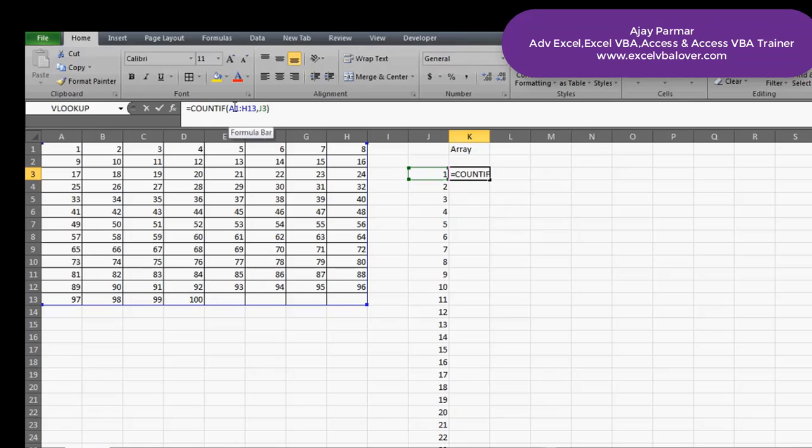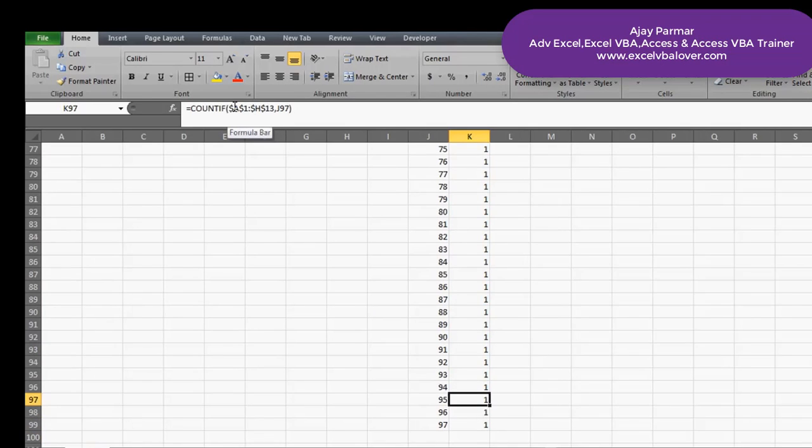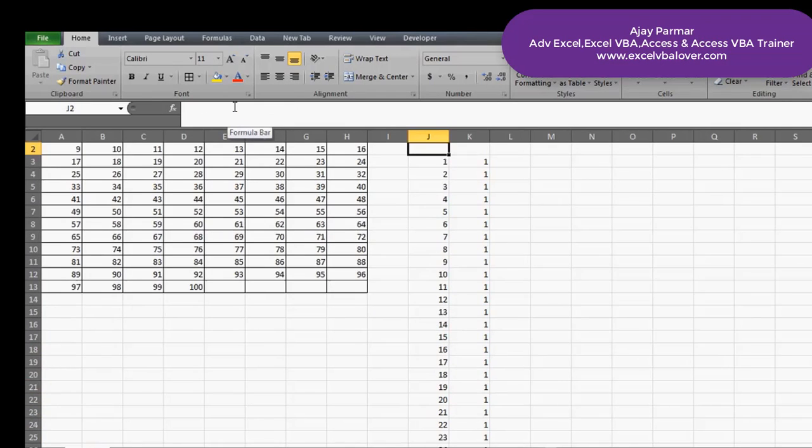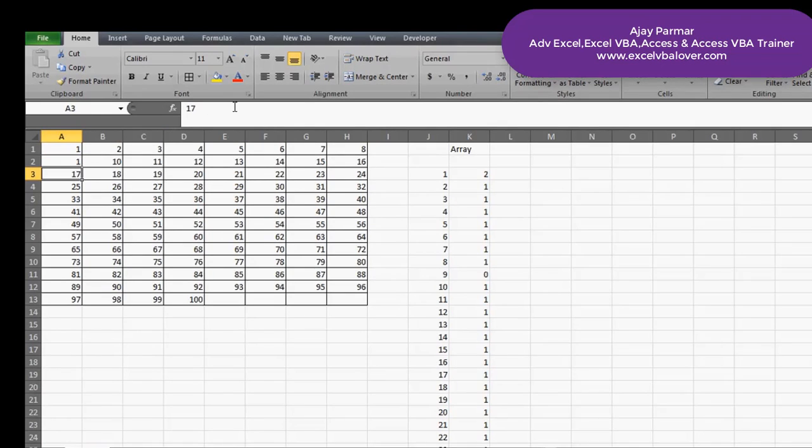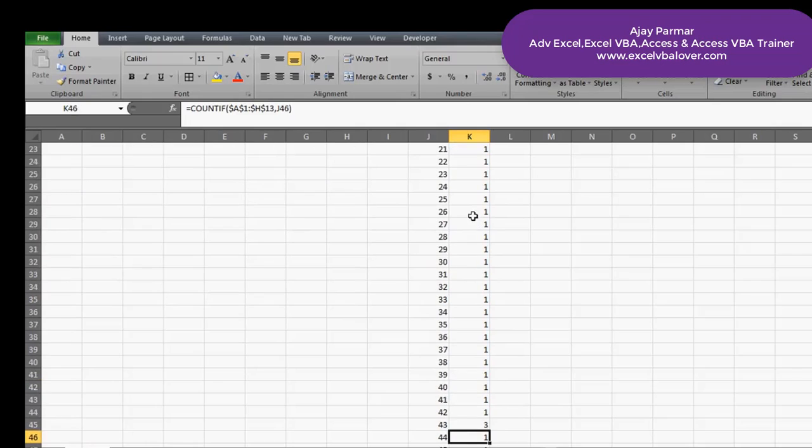Now let's freeze this, and you can drag this formula, and this is how you can check all the items whose count is 1. That means they are all unique, right? Suppose I add the number 1 over here, you can see that it gives me 2. Similarly, if I add 43 over here, 43 is now going to be repeated 3 times. So you can check here, 43 must be showing the answer 3, right?